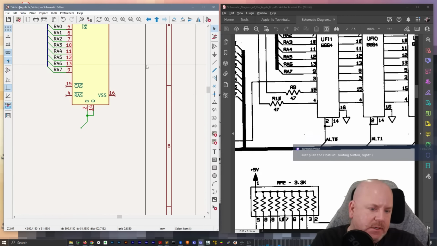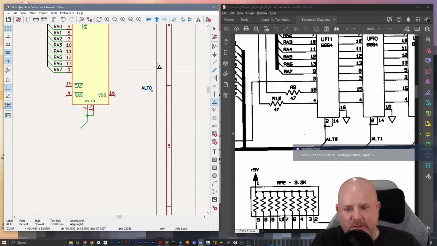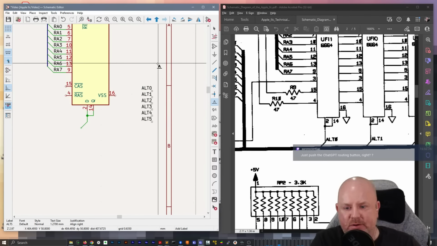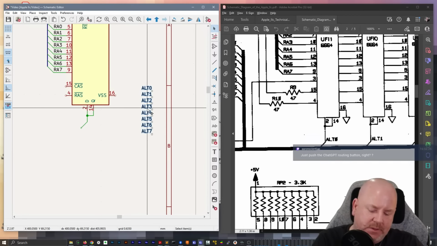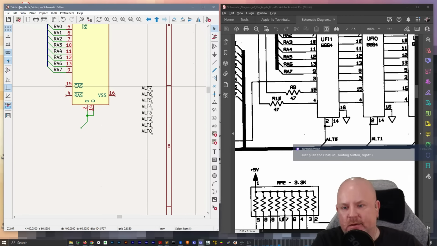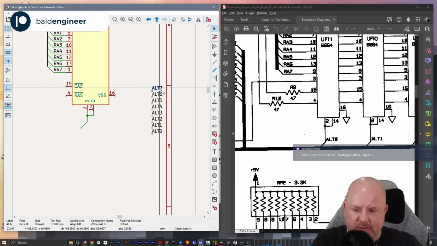That's easy. So then we're going to do a label. I'm going to do Alt 0. Is it Alt? That's weird because I'm pretty sure it's supposed to be aux, but whatever. Alt 0, and then we need 7 of those. And I'm going to flip those upside down with Y. Yeah, okay. And then we're going to flip these the other direction with X because I'm going to put this one